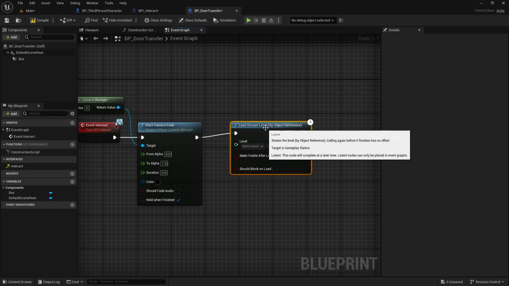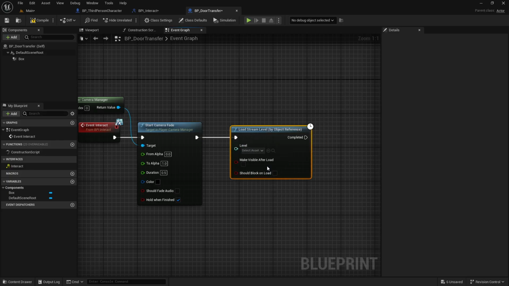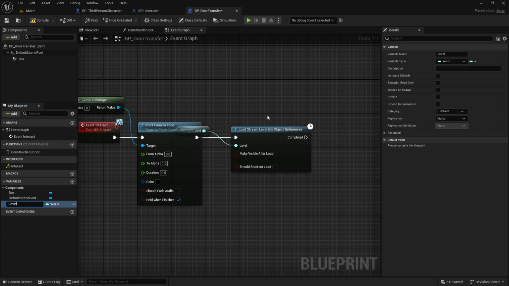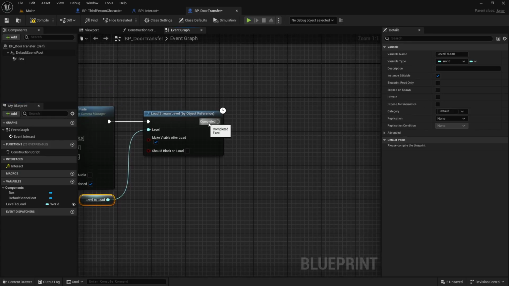Which means we can also promote that to a variable. This will be level to load. We want to make sure that it is visible after it loads, and for this level to load variable, we'll click that little eyeball, and then it'll be editable for each version of this door. So it'll be reusable for any doors you want to use. Now after it's completed, we want to do